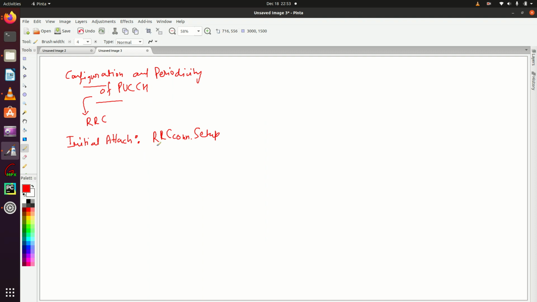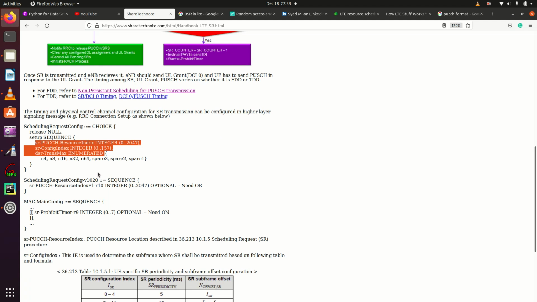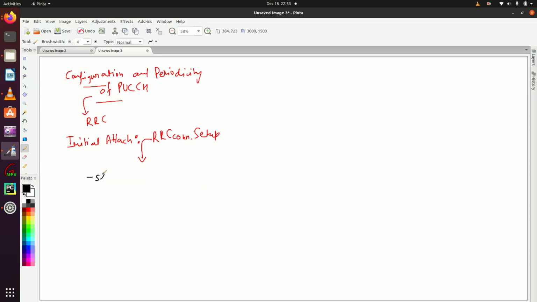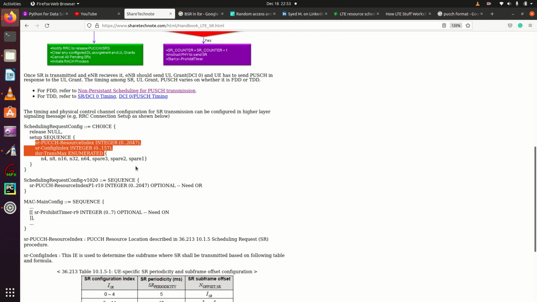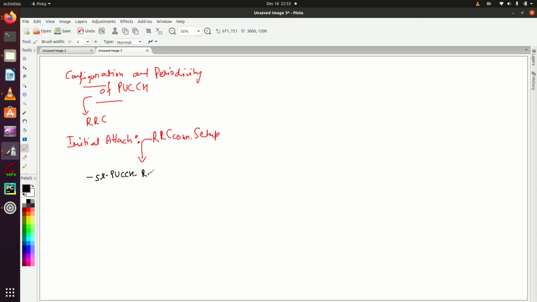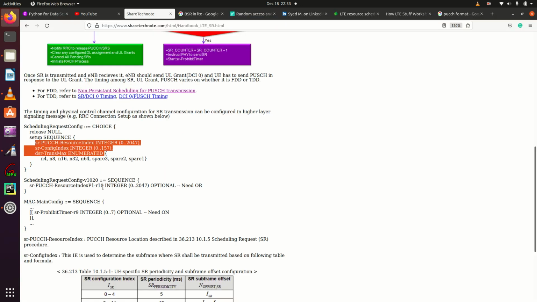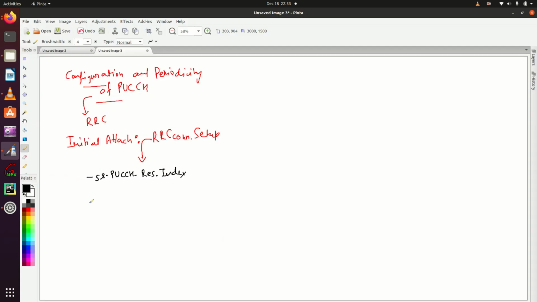If UE decodes the RRC connection setup, you will find these three information elements. First is SR PUCCH resource index. Next is SR config index.